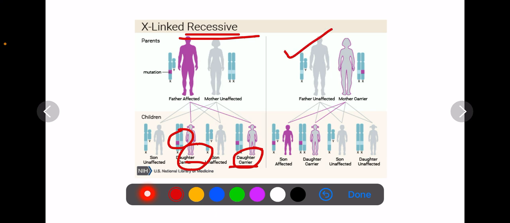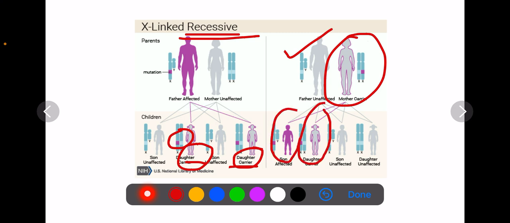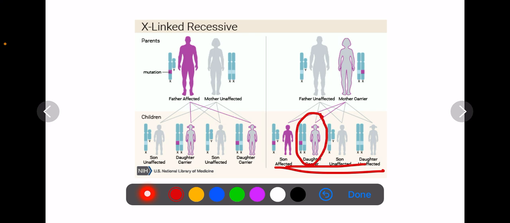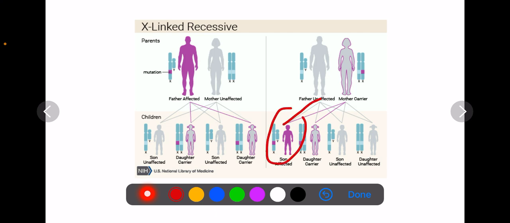So when coming to the mother, if the mother is affected, then one daughter is a carrier and the son gets affected. Okay, so this is again quite important. So 50% of the daughters are carriers, 50% of the daughters are unaffected, right? Here one son gets affected and one son is not affected. It's very simple, but unless you put it on paper, you will not come to the answer. No matter how much you try to mug up or memorize, it's highly impossible. You have to put it on paper, then only you will get your answer.